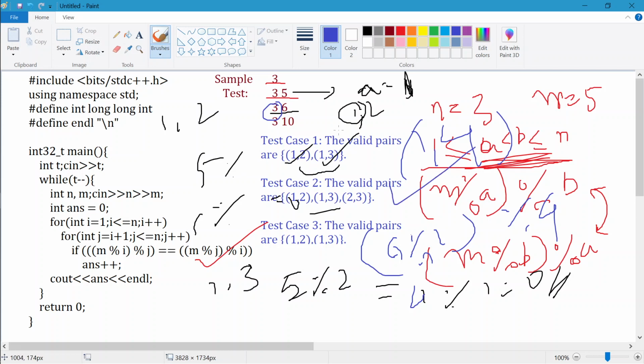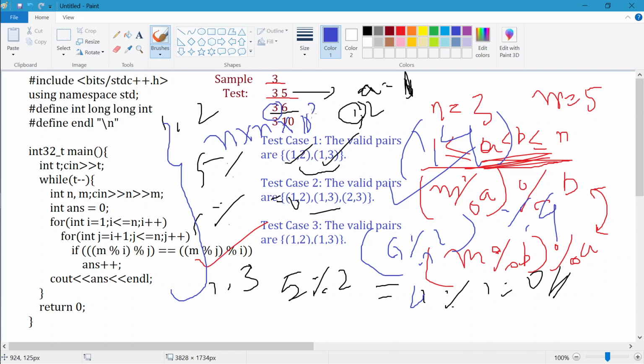If a equals 1, then for all corresponding values of b, it will be a valid pair. Okay, if it is in a range, like n is here 3, but 1 and 4 is a valid pair, but here the range does not allow it to be a valid pair. Okay, so I hope you got it. Now what I'm doing here, this is a solution code which works in n into 10